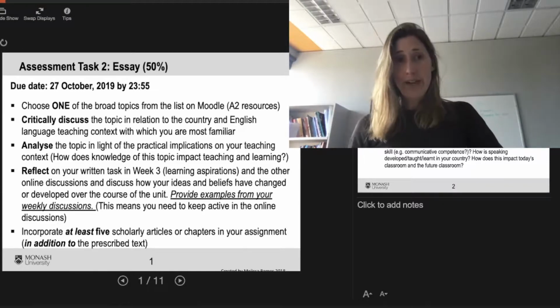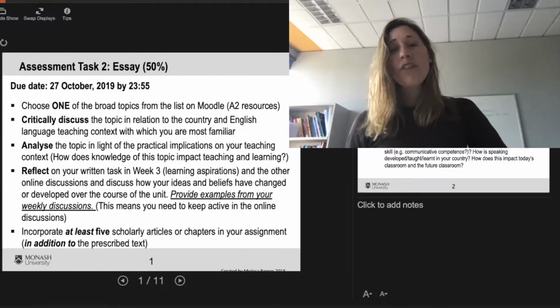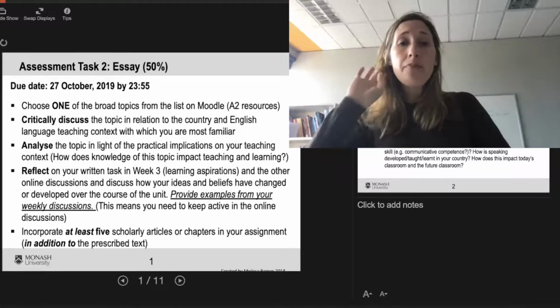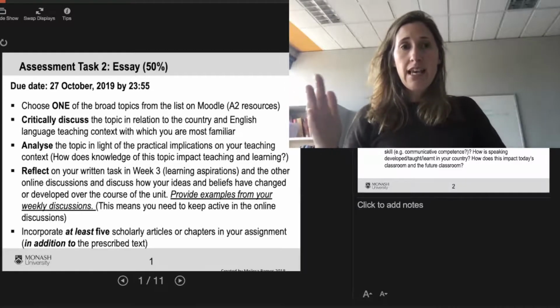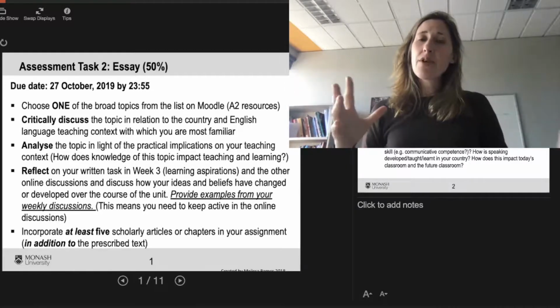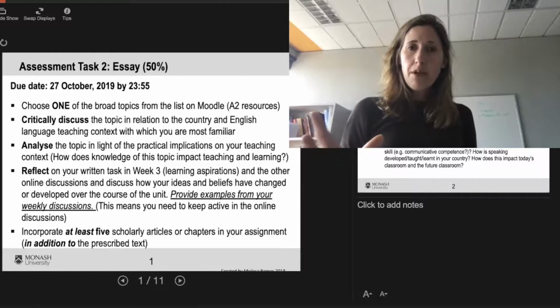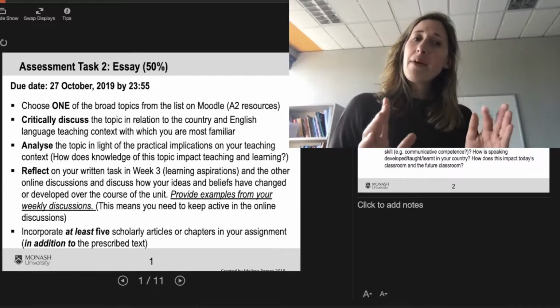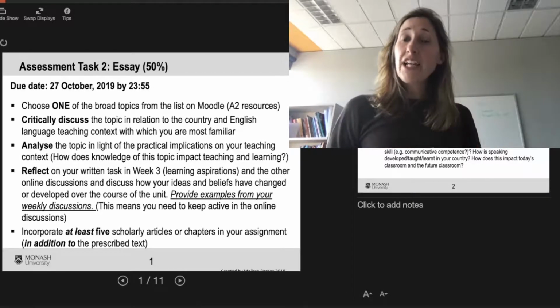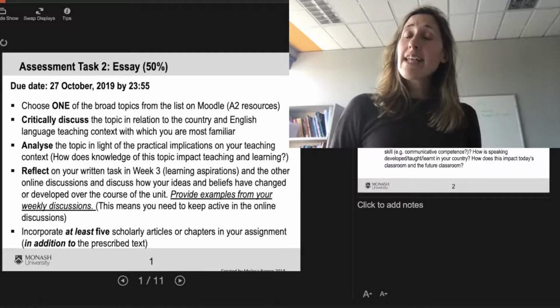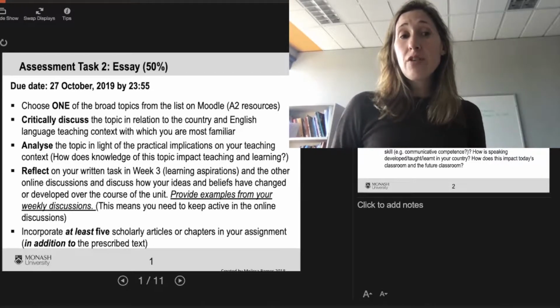in your particular context? The other part of this essay is that you're going to reflect on your written task in week 3. So remember you had a task on learning aspirations. And basically this is a reflection. It's not a huge part of your assignment, but what you need to do is think about that written task for week 3 and your online discussions, and discuss how your ideas and beliefs have changed or developed.